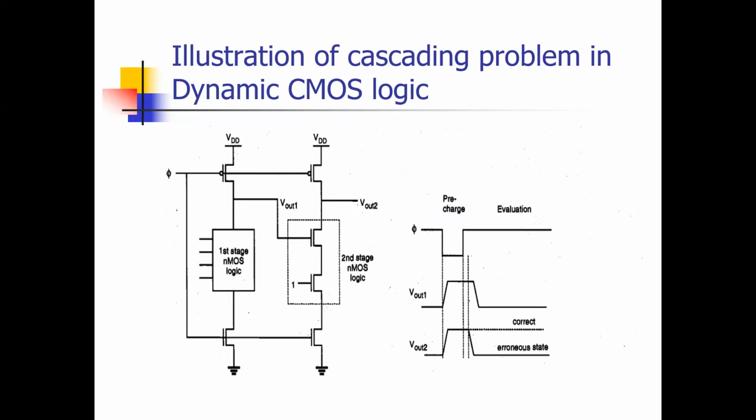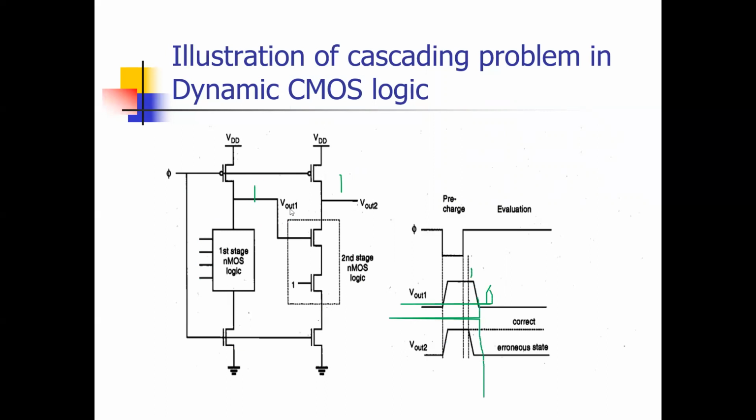The concept is this: when phi is 0, it was 1, and when phi is 1, it should be 0 as per the inputs, but it will take 1 only because it will not wait for the first stage. And as per 1, it will show the error. It will show 0 as per 1. We see Vout 1 is changing from 1 to 0. At phi 0, both are 1, but Vout 1 is changing from 1 to 0, and it is taking some time, this much time.